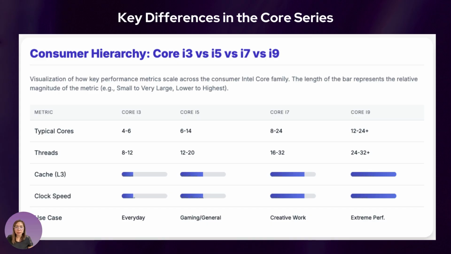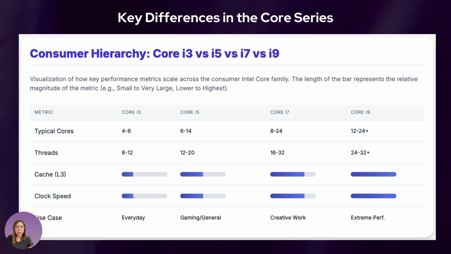We also see here the clock speed. So for the clock speed, there are two crucial features in the higher tiers. The turbo boost automatically and dynamically increases the processor's operating frequency when you need a temporary performance spike. And for ultimate customization, the K and X series chips support overclocking, allowing advanced users to manually push the processor beyond its factory settings, a feature generally available from the i5 upwards.